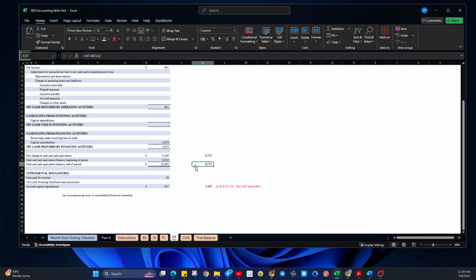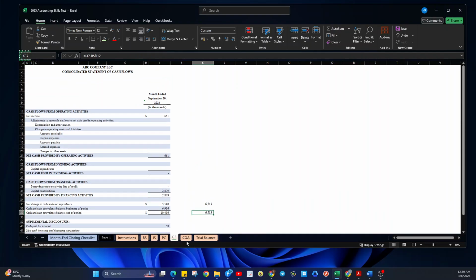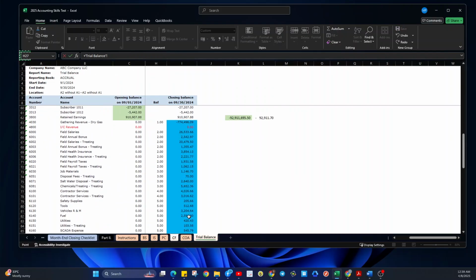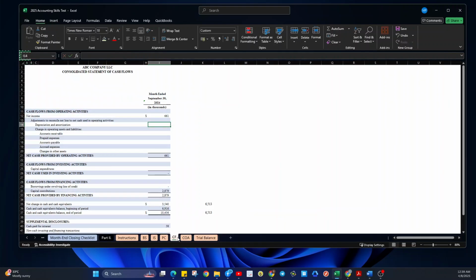So this is showing the balancing figure. For operating, first we have to get the depreciation, which is, in our trial balance, 99. Let's just put the 99 there as an addition.